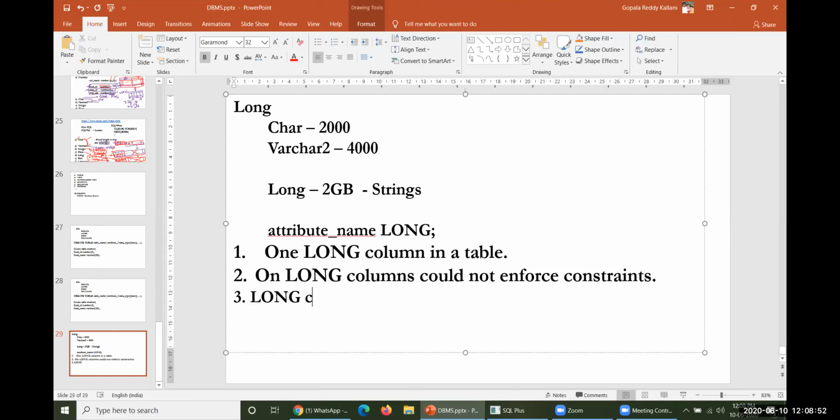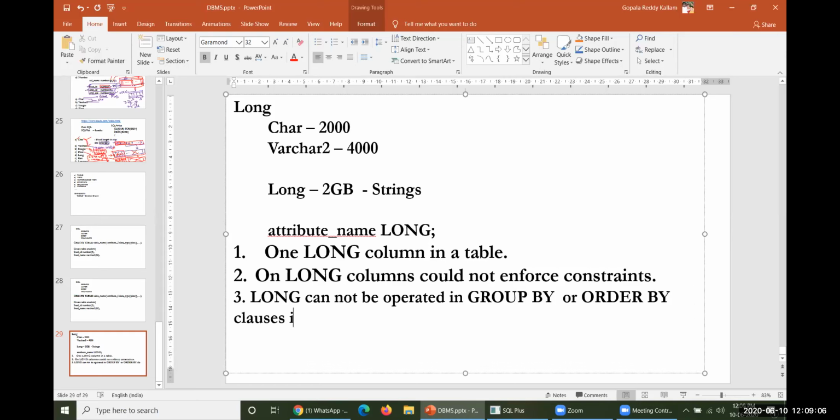Long cannot be operated in the group by or order by clauses of the select command, which is a very familiar and very important command throughout SQL. That is what you need to remember.